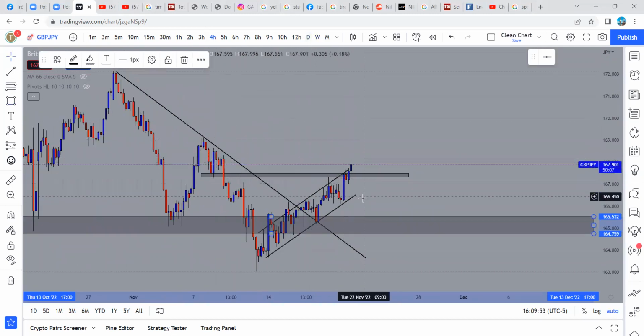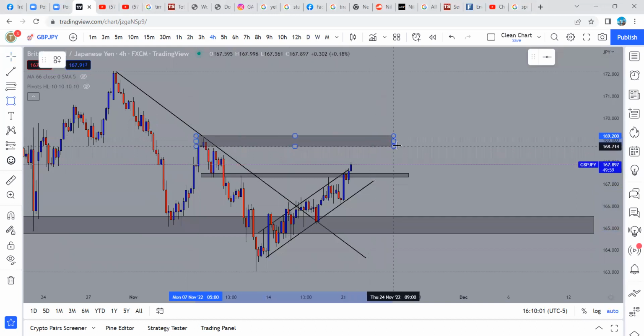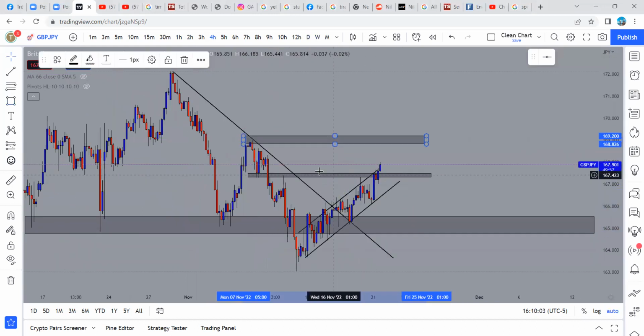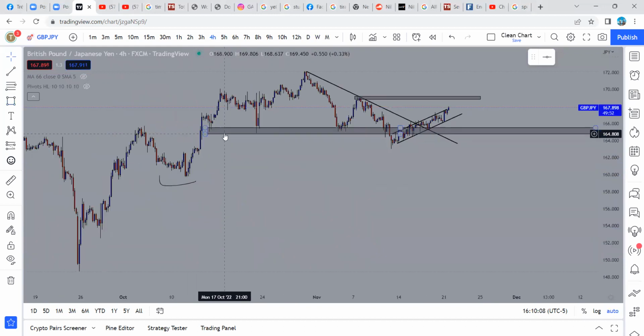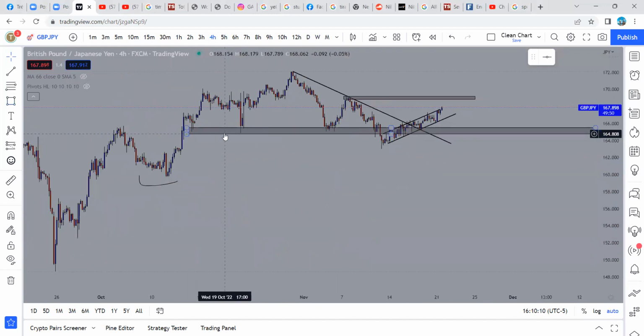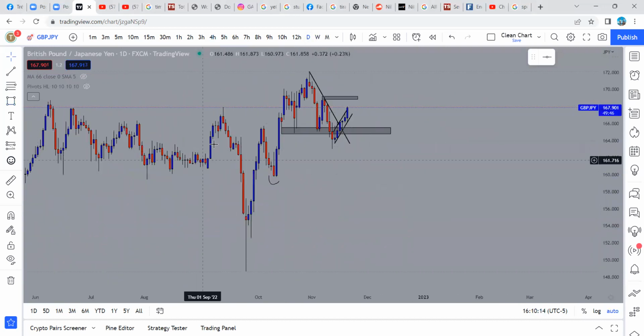So if we do create a next higher low within this channel right here, we can definitely look for a push up past this resistance. But if it does respect this resistance, then break a level of support, then I can look for some sell opportunities. But for now, based on a higher time frame, I'm seeing that we're flowing so far. So that's my breakdown of GJ from the markup I did previously, from last week Tuesday